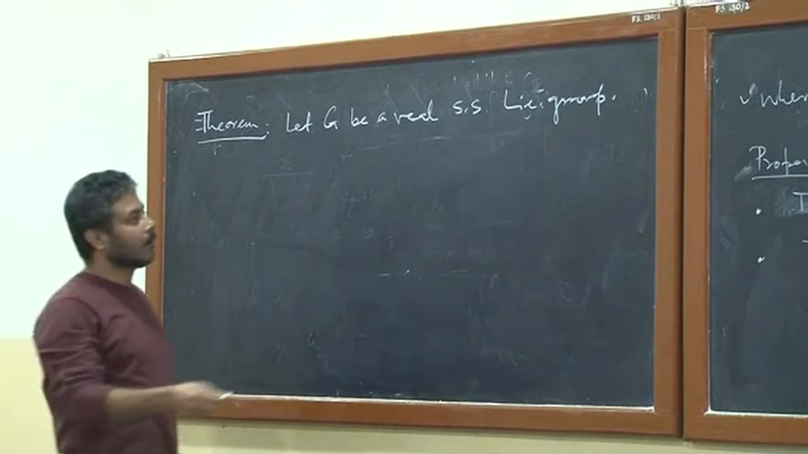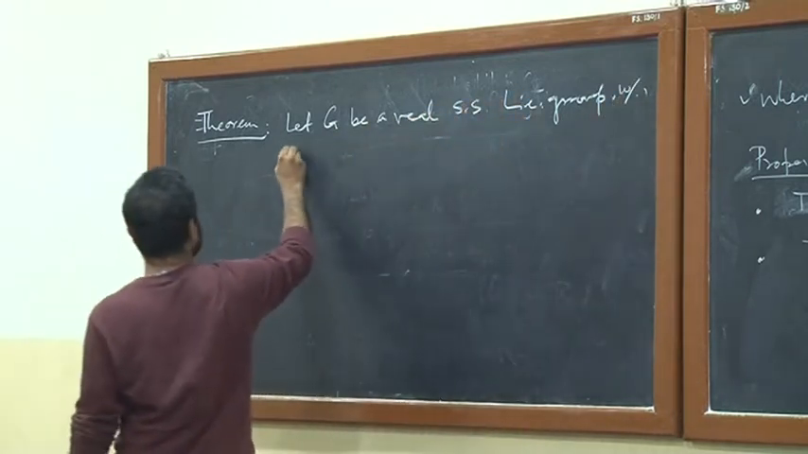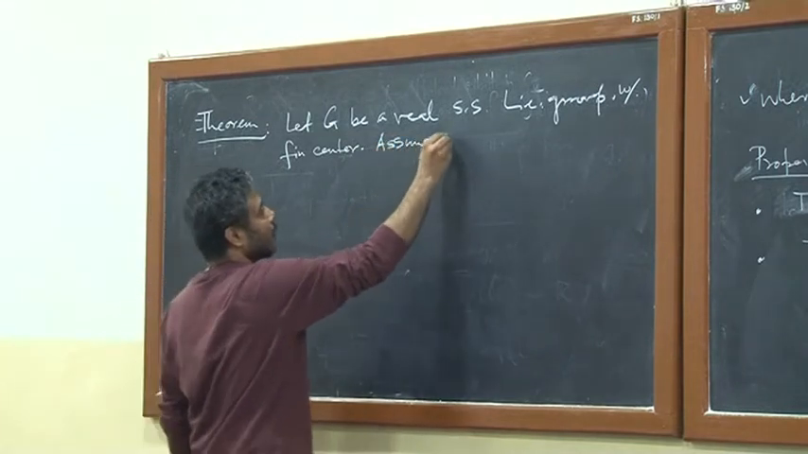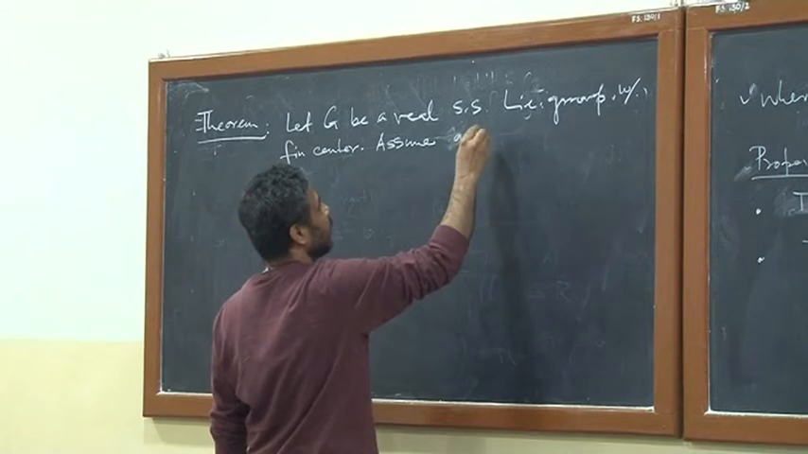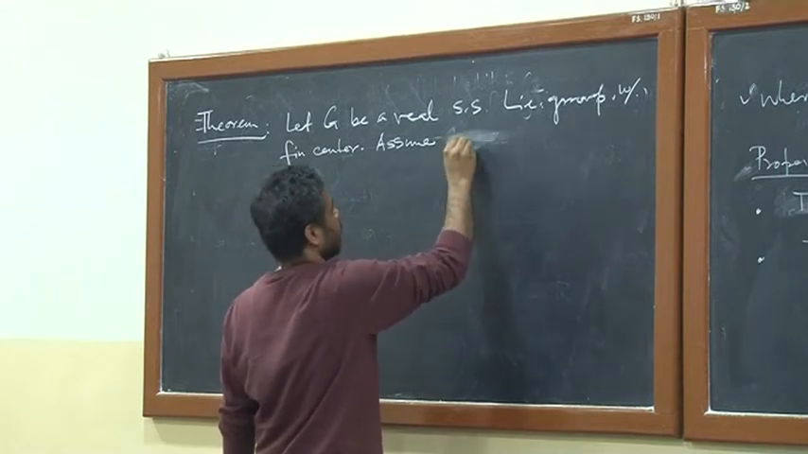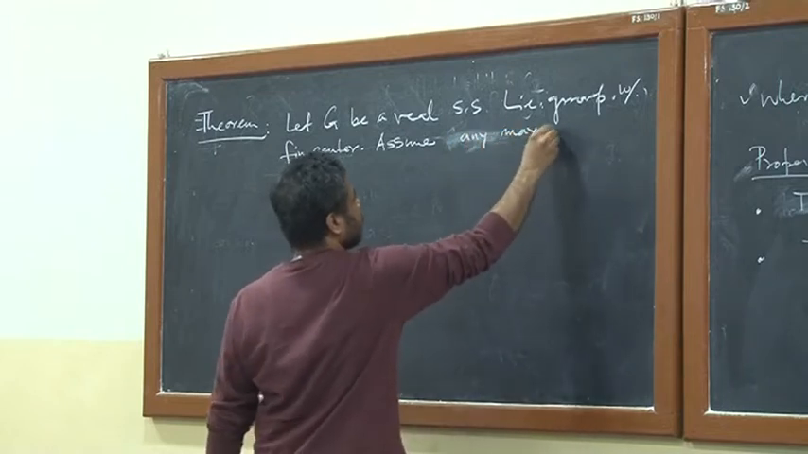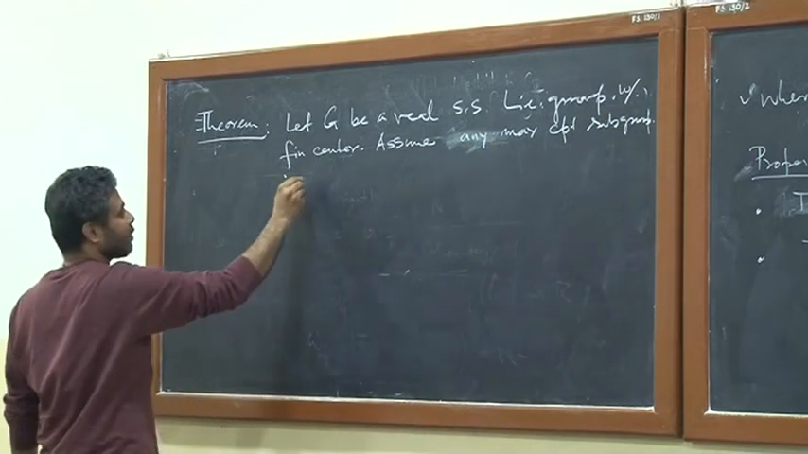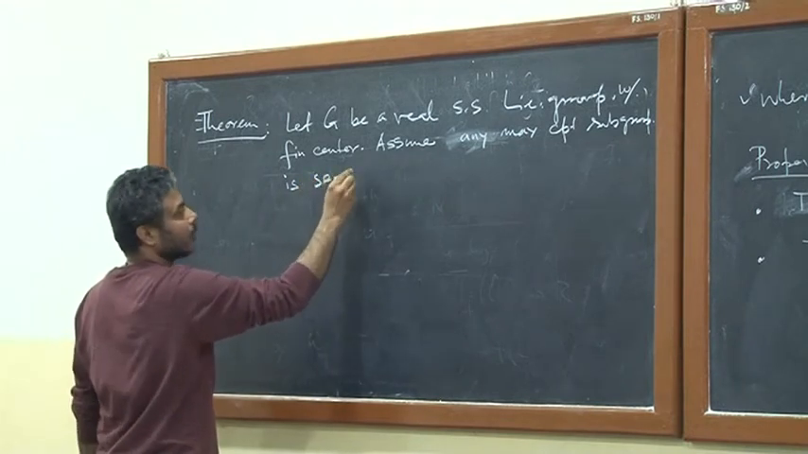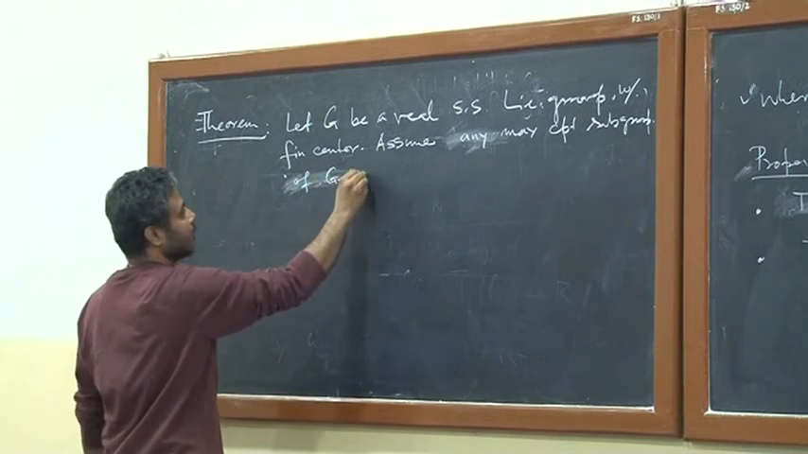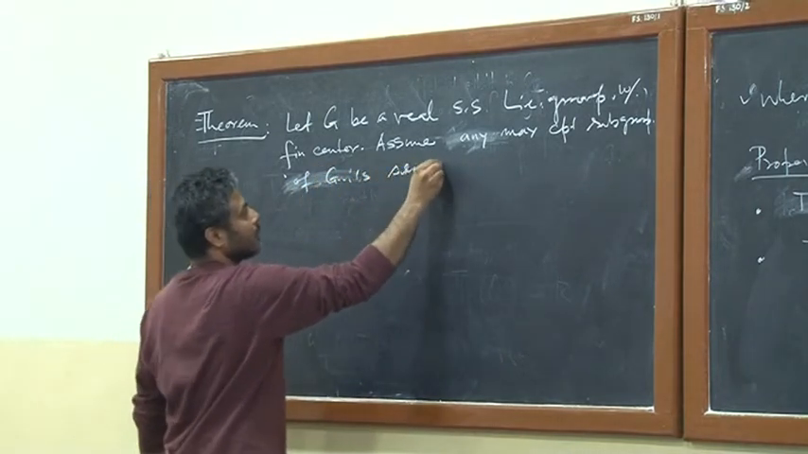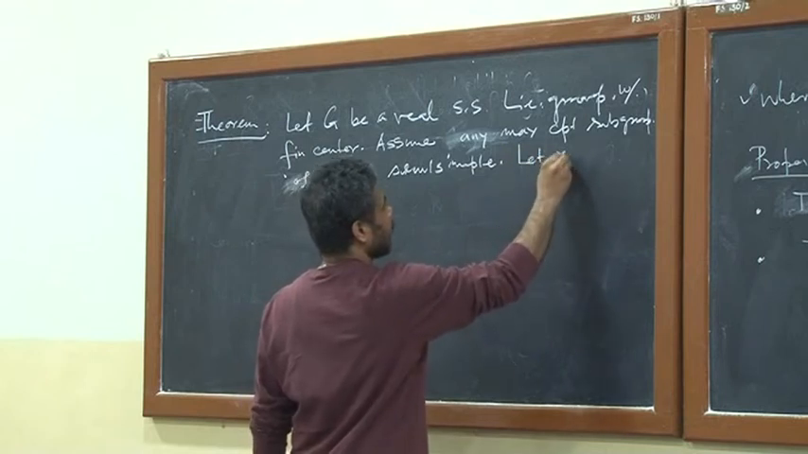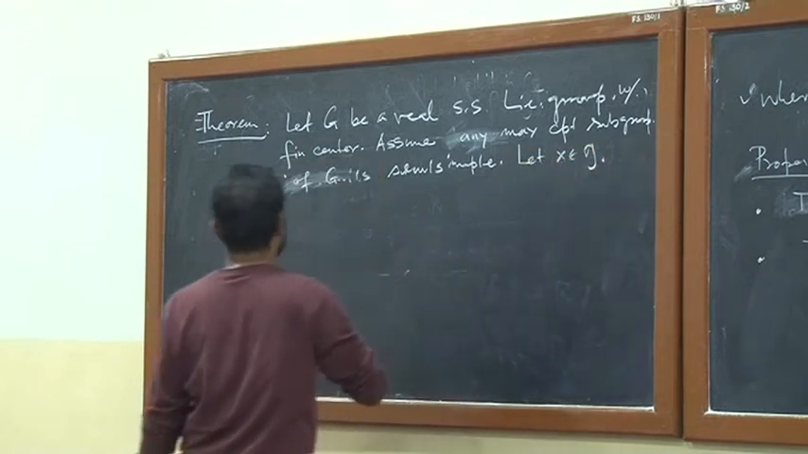Finite center, assume that any maximal compact subgroup of a semi-simple group G. Let x be in G, then